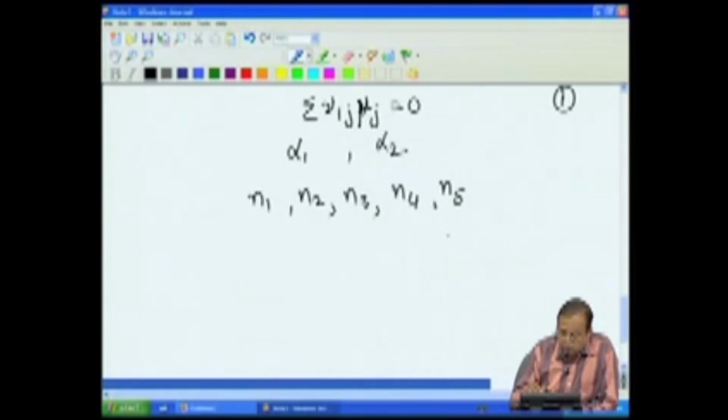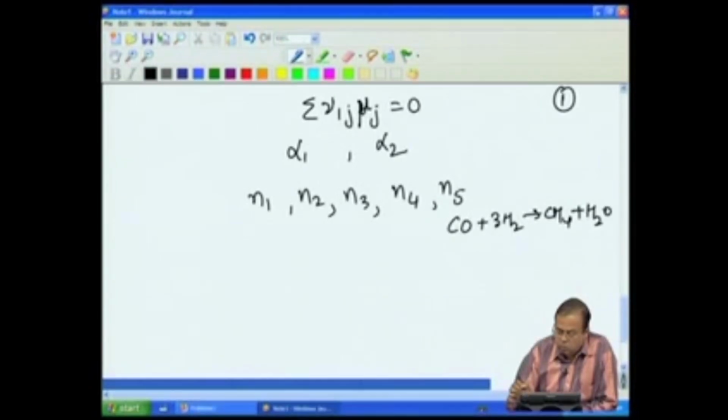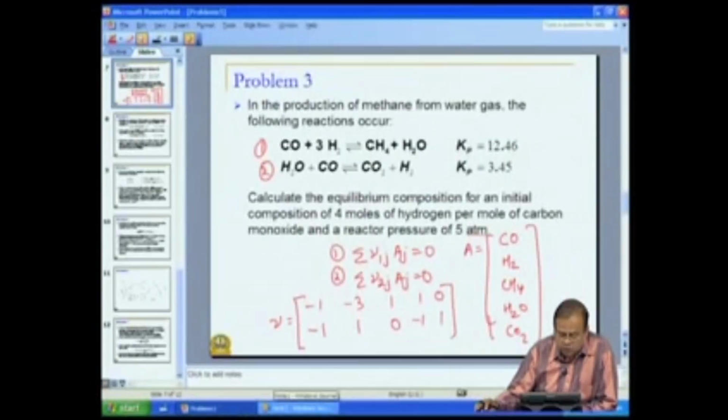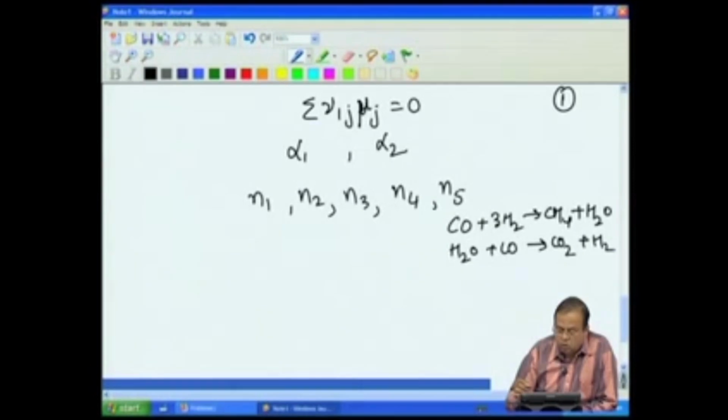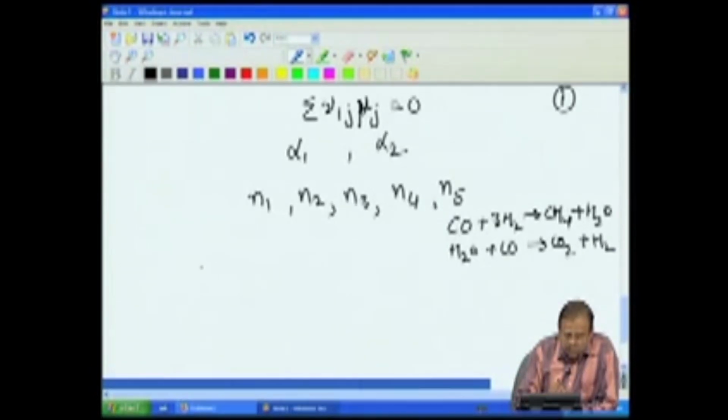For example, our first reaction was CO plus 3H2 giving CH4 plus H2O, and our second reaction was H2O plus CO giving CO2 plus H2. So, if we take N1, that is carbon monoxide, it will be N10